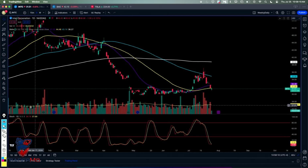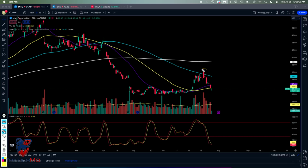And I said, okay, number one, we have earnings coming up. So I'm not going to be sitting in this for a very long period of time. And this one happened to be less than 24 hours, which is absolutely incredible. Number two, I know that we're not going to get through the 100-day moving average to the top side. So I was able to place an advanced order down here at